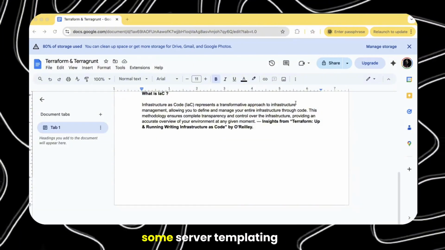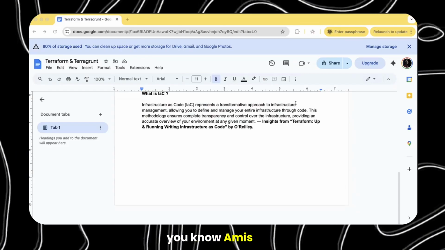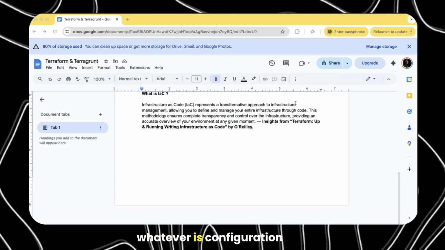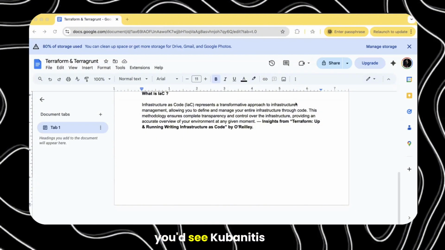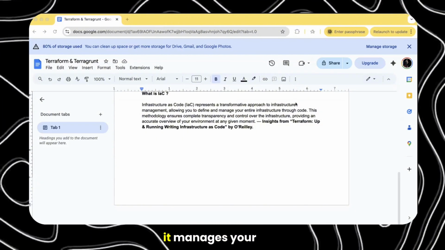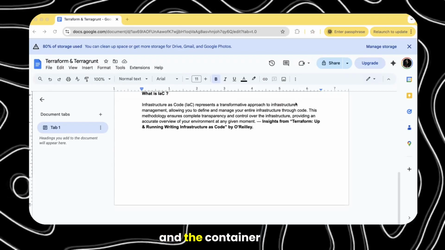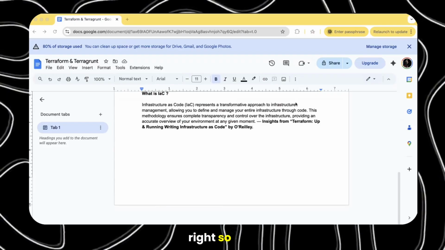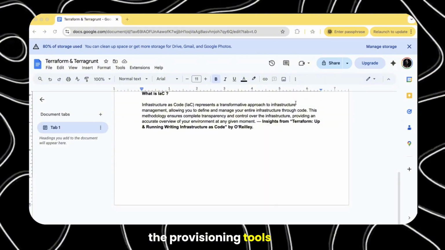There are some server templating tools like AMIs, which also include the OS, the software, and whatever configuration is needed. For orchestration, you have Kubernetes. Kubernetes manages your deployment, scaling, and container applications across the servers. And IaC comes under the provisioning tools.